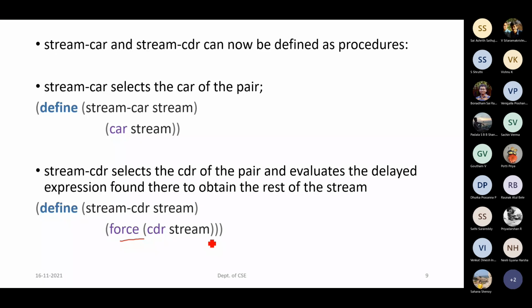Otherwise, cons-stream, stream-car and stream-cdr work the same as our constructor cons and selectors car and cdr. The only difference is we apply a delay during the generation of the list contents. That's it.